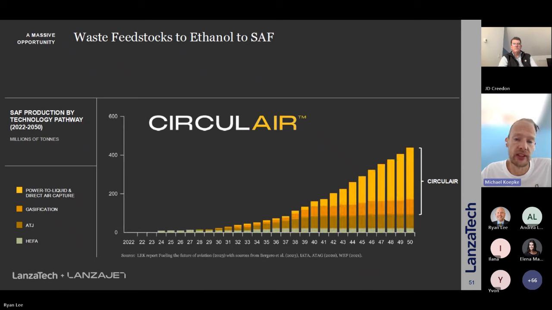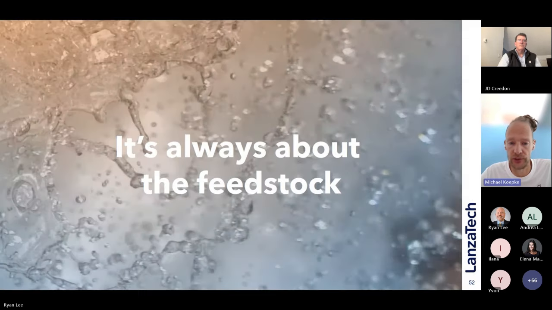And really, the combination of LanzaTech and LanzaJet offers a lot of potential. I think one reason for spinning out LanzaJet was also opening up to the diverse range of ethanol sources. But if you look at the predicted growth of SAF, if we can go back one slide,